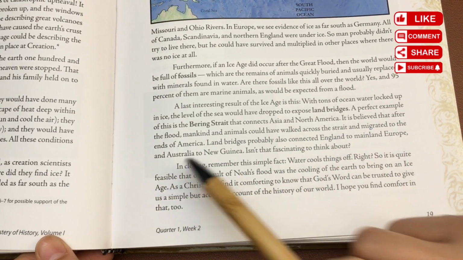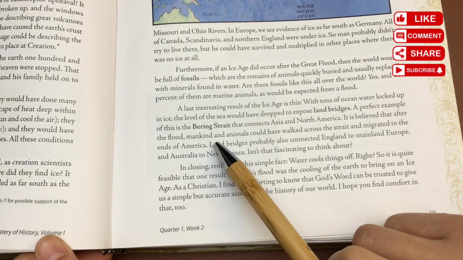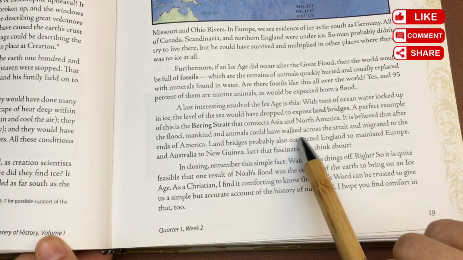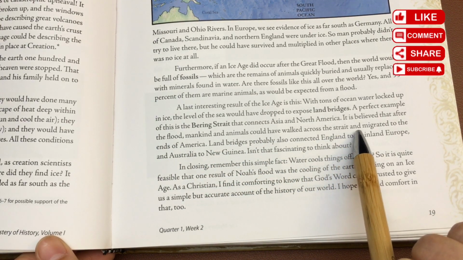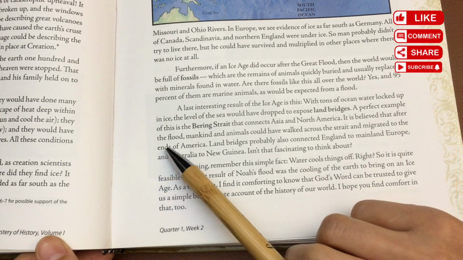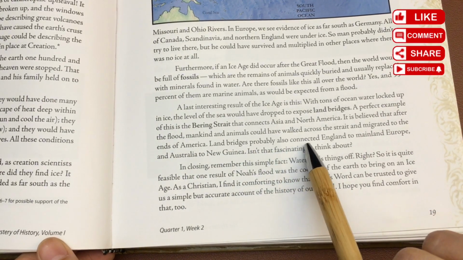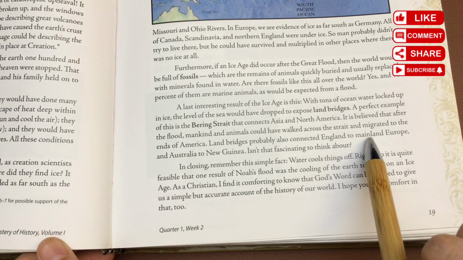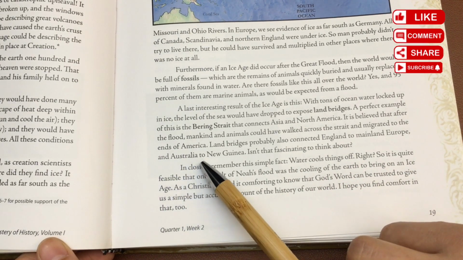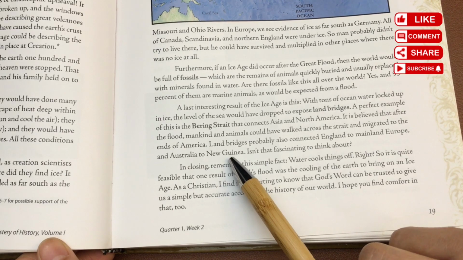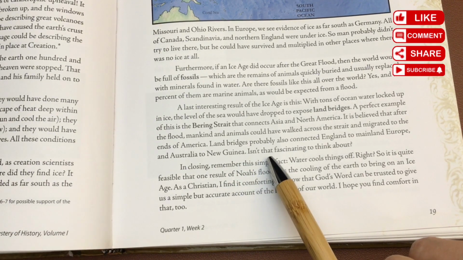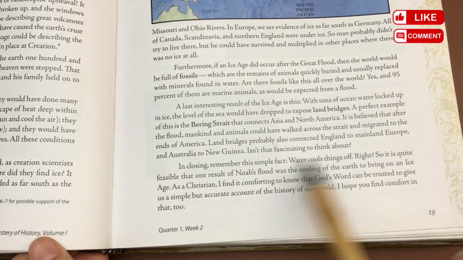It is believed that after the flood, mankind and animals could have walked across the strait and migrated to the Americas. Land bridges probably also connected England to mainland Europe and Australia to New Guinea. Isn't that fascinating to think about?